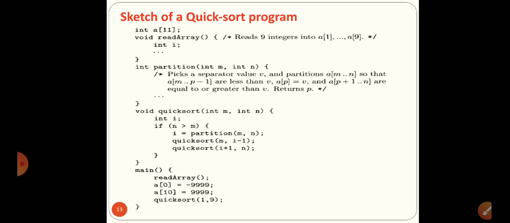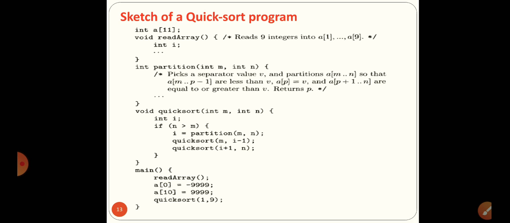Quicksort works on the divide and conquer technique. The first one is the partition, which takes int m, int n. This is the divide algorithm. Here we divide a list of elements into two subgroups by choosing one pivot element. We are very familiar with that. The next one is sorting by using the quick sort algorithm. Here there are two groups. We have taken quick sort as a recursive technique.